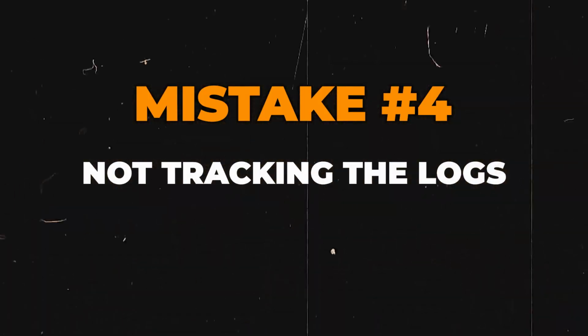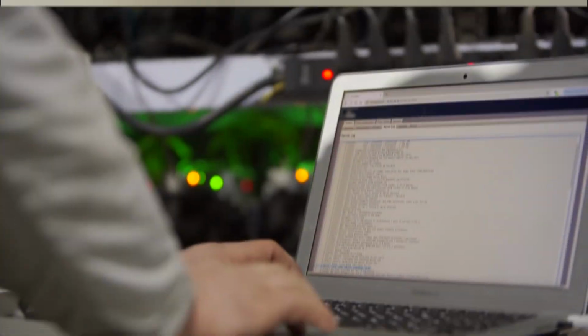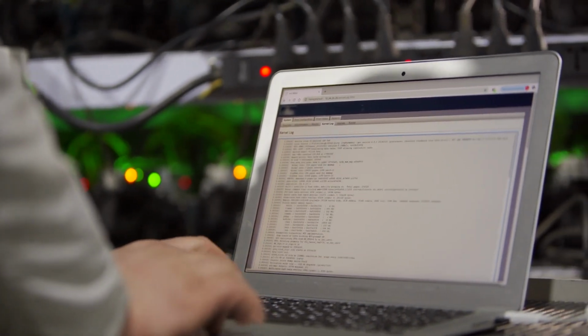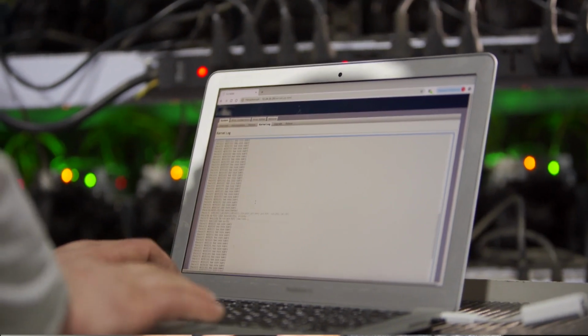The fourth mistake is not tracking the logs. Okay, so now you have the automation running, you have the automation live, and you forget about it, right? And it's important that from time to time you track all the logs and you track all the outputs of the automation to make sure that everything is working fine, the data is correct, there is no mistake,